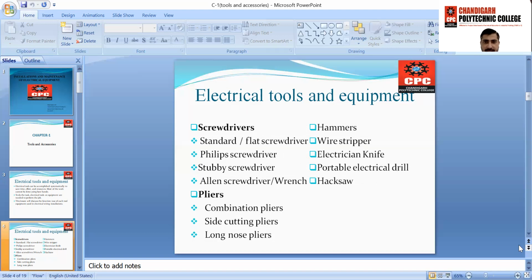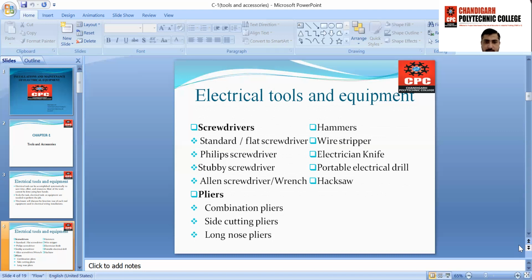Where there is a requirement of drilling, the portable electrical drill fulfills the requirement. And the hacksaw is used for cutting big cables, which are not cut by the electrician knife.